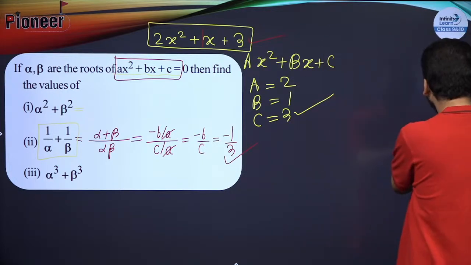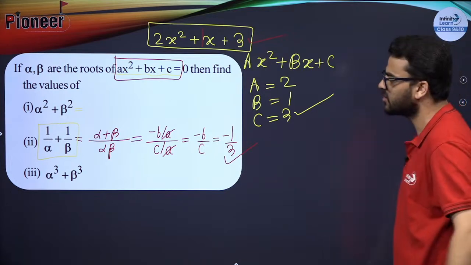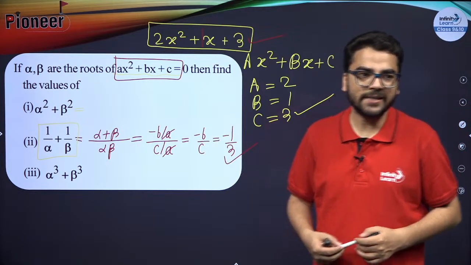Try to find alpha square plus beta square and let me know the answer over here. So basically over here,